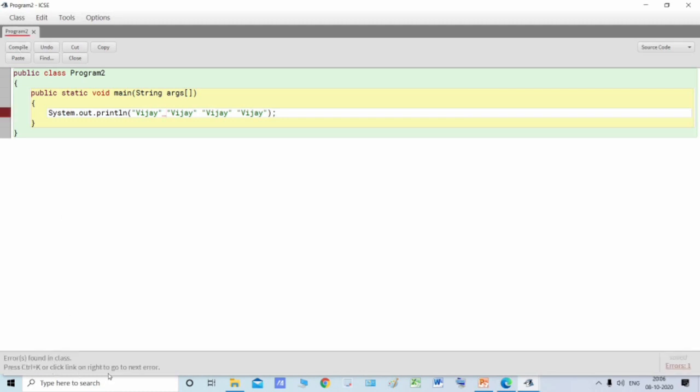See, errors found in the class. Why? Because, students, whatever we have written inside this double quote, this is the first double quote, and this closes the first double quote. Now whatever we have written inside this double quote is a string,